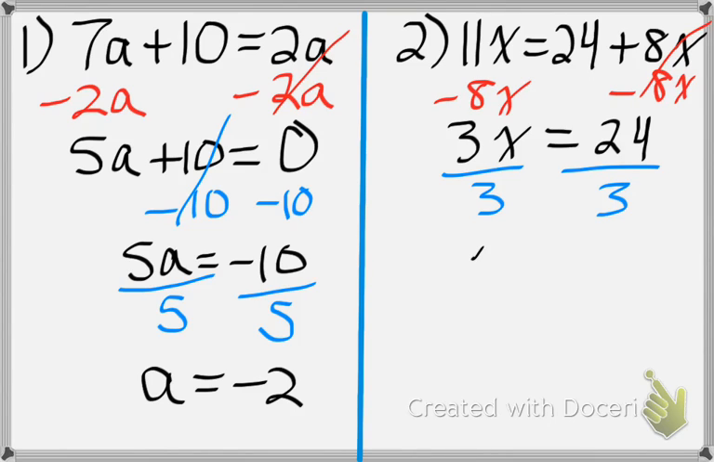So on the left side you have x. On the right side you have 8. So 24 divided by 3 is 8. 8 is the solution. Now, I'm going to do that thing that a lot of you don't take the time